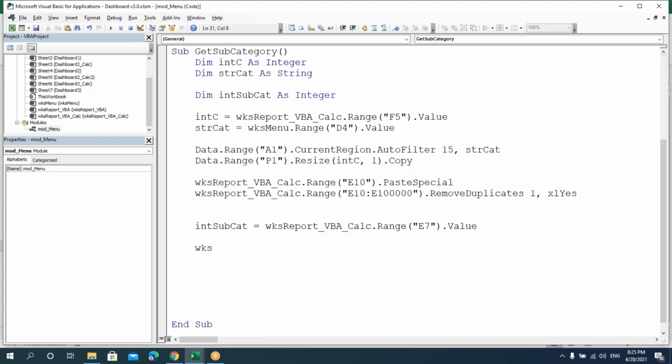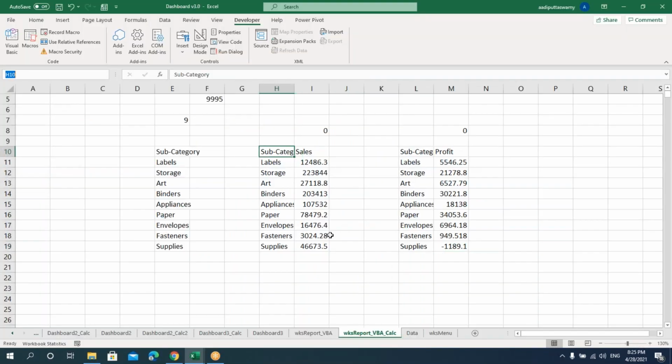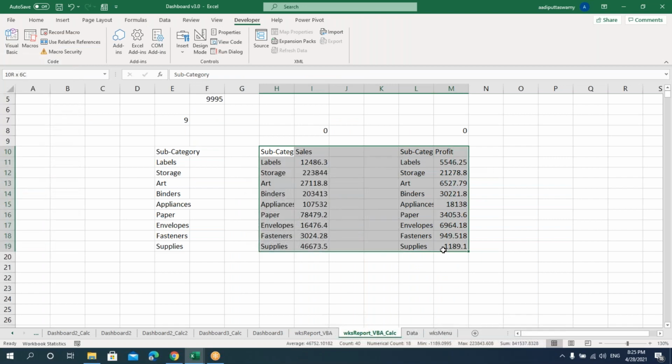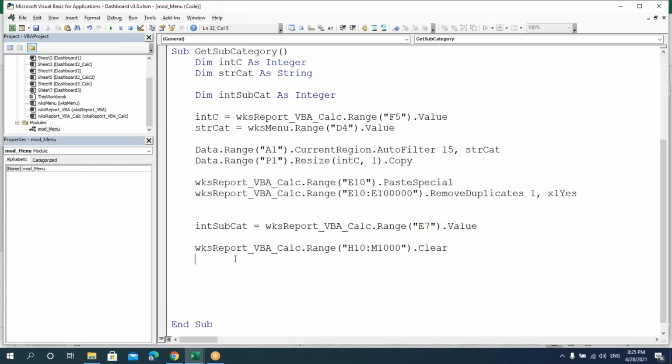Say WKS report calc dot Range of, we'll take this H10 to, we'll give some buffer, say M5000, dot Clear. This will just clear these contents.